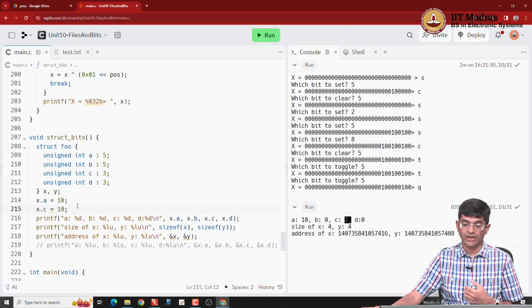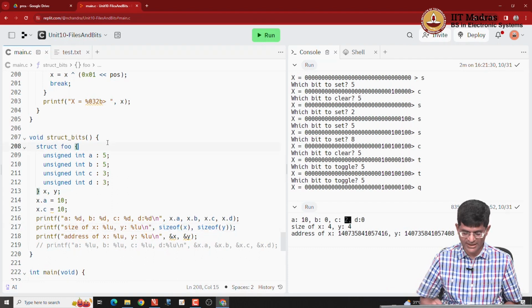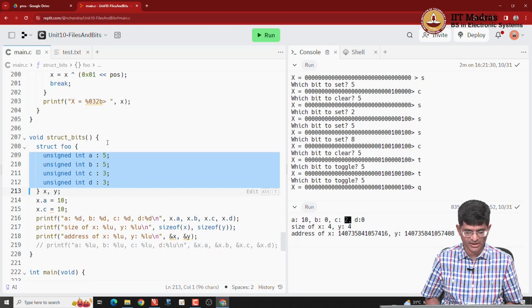I need. What is even more interesting is that if I had just declared these as unsigned ints, then each of these A, B, C and D would have used 4 bytes, and the total size of X or size of Y would have been 16 bytes, right? We can in fact see that that's the case by changing this around,